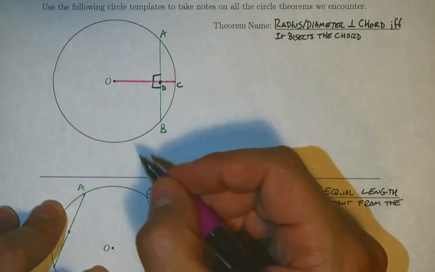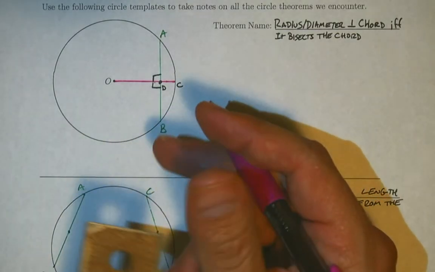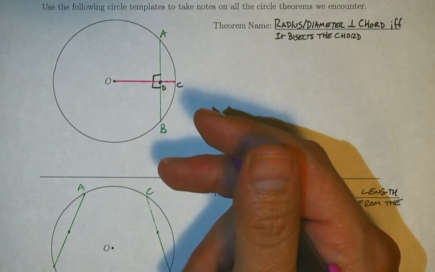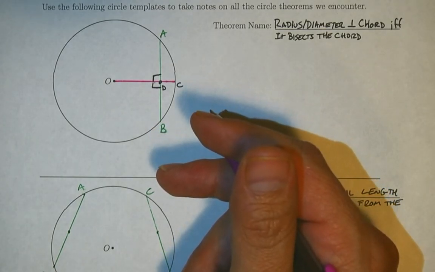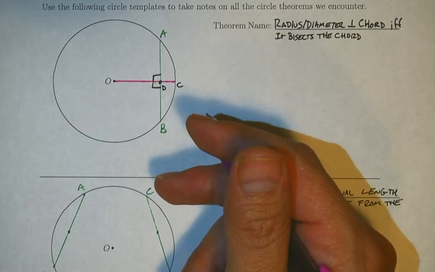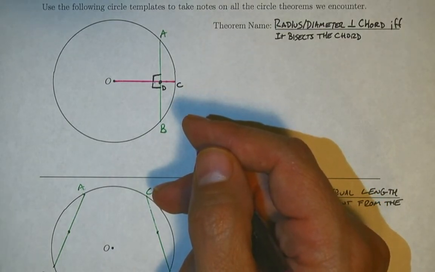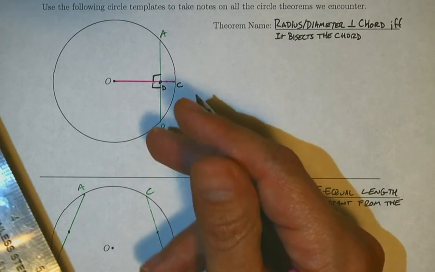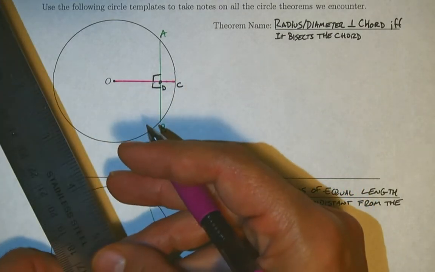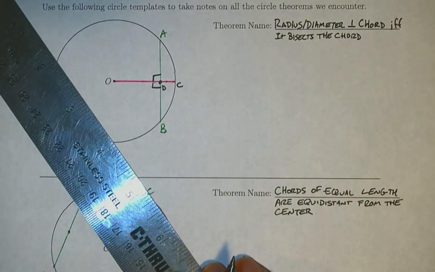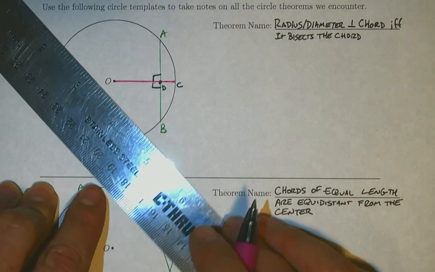When we're working with circles, we're going to rely a lot on our knowledge of working with triangles, specifically isosceles triangles and right triangles. And the reason we're going to look at those is because it's very easy to make an isosceles triangle with a circle, because